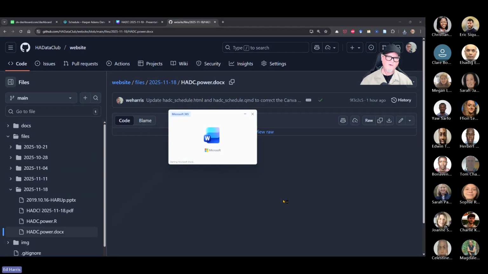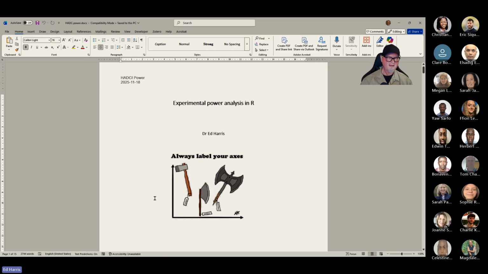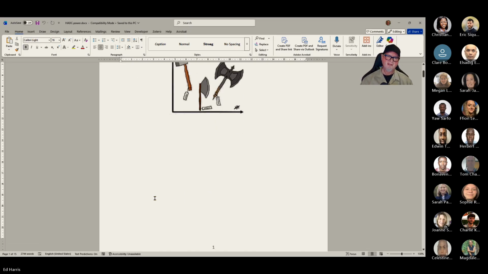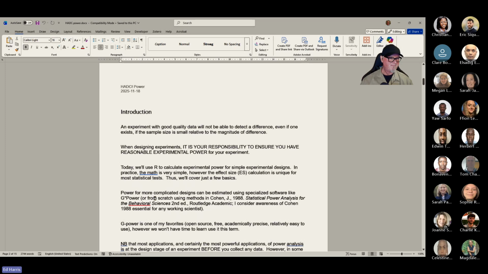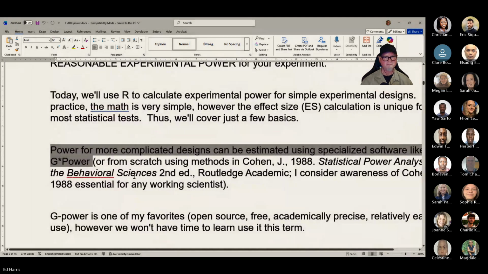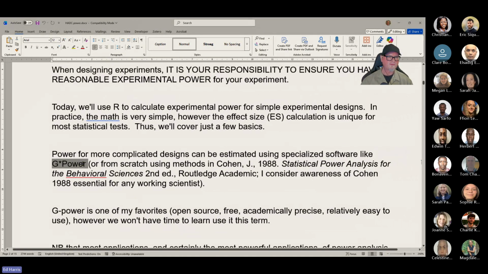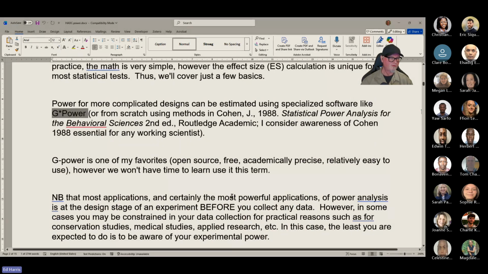So I'm just going to open this real quick. And what this is, I've updated this. This is a tutorial that I created quite a while ago, a lot longer than 6 years ago. And what it does is it walks through different methods for common effect sizes using R. And it has some citations here. Just going to make this a bit bigger for people. It mentions some of the classic citations, but I also mention some of the classic software. So R will take you pretty far, and I'm going to show you code and have the script in R that you can play with